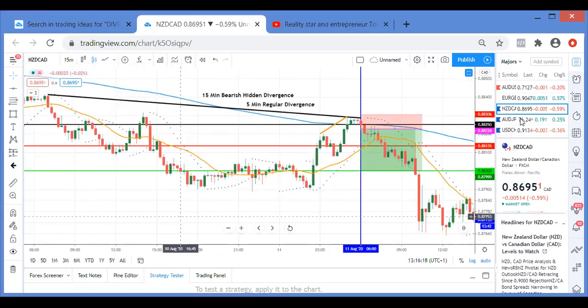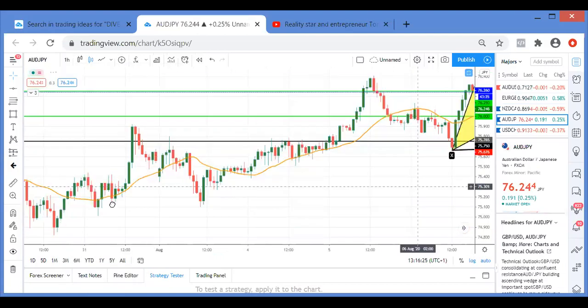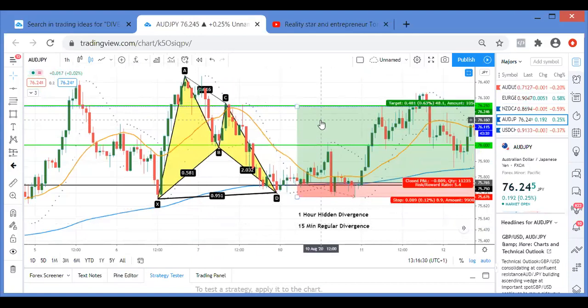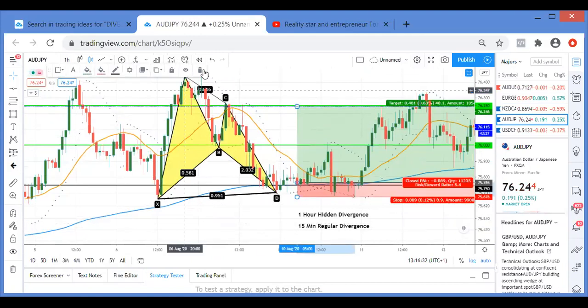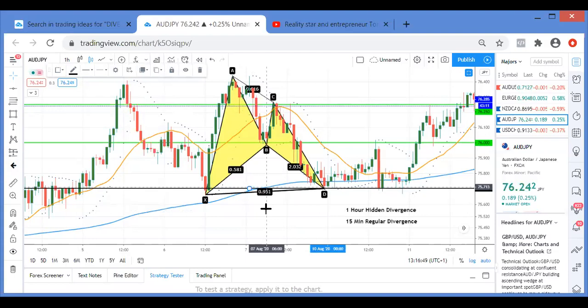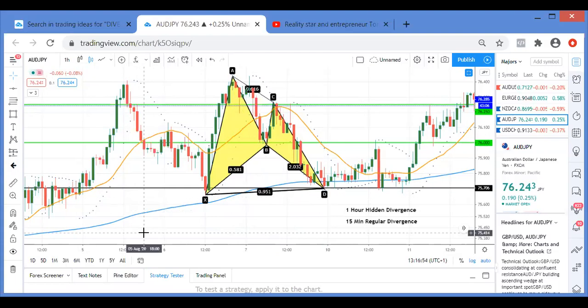Did I have one on old JPY? Yeah, perfect. This one was good. So all JPY as well, to be fair, they're all good. So look here. This one, even though it came a bit below the 200 moving average, the reason why I still took this trade is because if I put my horizontal line at the bottom of here, this low is still higher than this low. So I'll test that out.